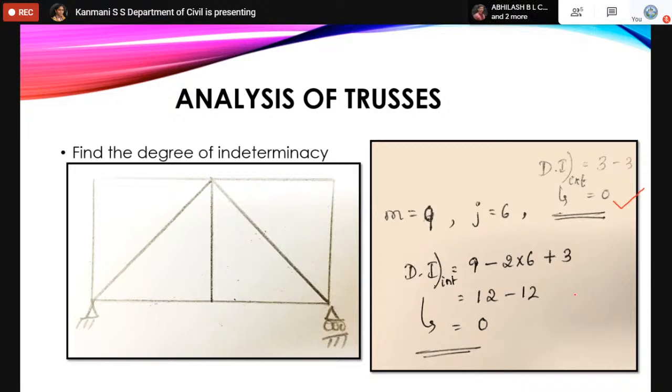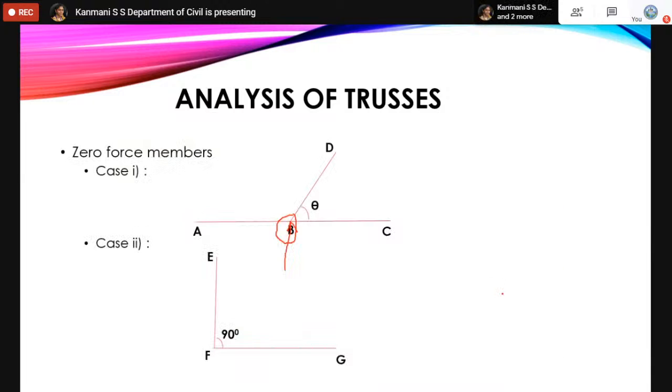But DE and 100 kilonewton are collinear. Okay, Guru, Kirtik, whoever, I'll go to that problem again. See, Mr. Guru, kindly look into this joint B here. If you want to apply the zero force concept, zero member force concept, then the basic condition is the joint should have only 3 members, or it should have only 2 members, no other forces. So if that is the case,